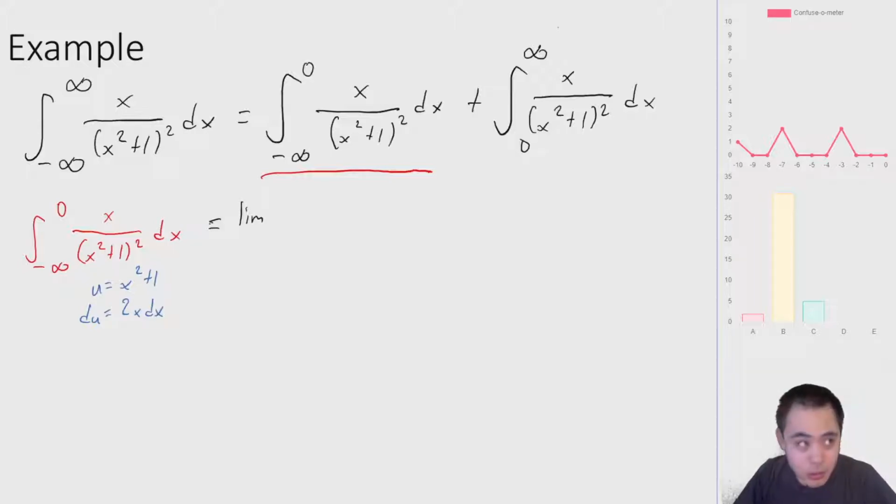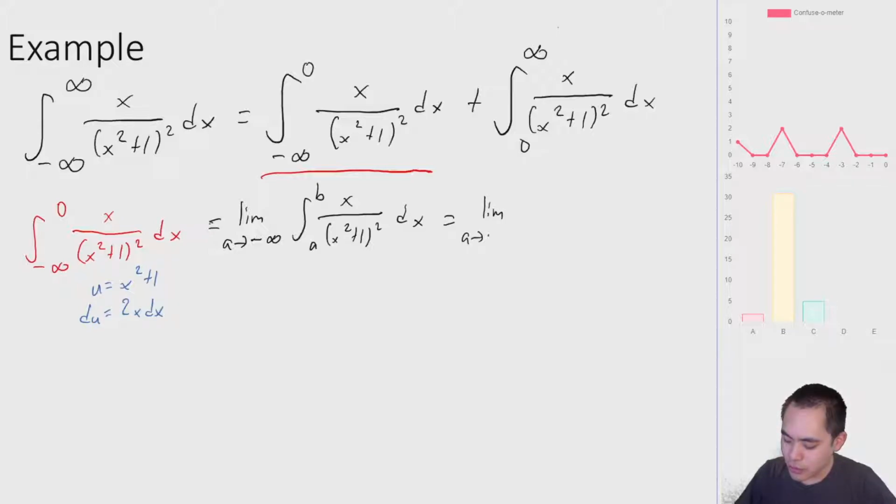Let me rewrite this as a limit first. The limit as a goes to minus infinity of the integral from a to b of x over (x squared plus 1) squared dx. And then I'm going to plug in these u's. So this is still a limit as a goes to minus infinity of the integral. Note that because I'm doing a u-substitution and this is a definite integral, I need to substitute in the limits. Here, x is equal to a and x is equal to b. Here, u is equal to a squared plus 1, and u is equal to, if I substitute in b there for x squared,